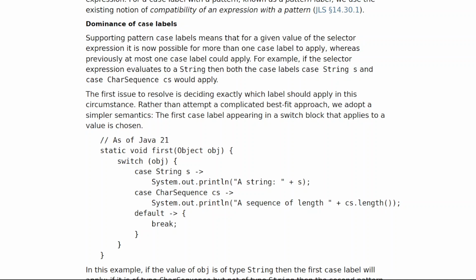static void error(Object obj) { switch (obj) { case CharSequence cs -> System.out.println("A sequence of length " + cs.length()); case String s -> // Error: pattern is dominated by previous pattern System.out.println("A string: " + s); default -> { break; } } }